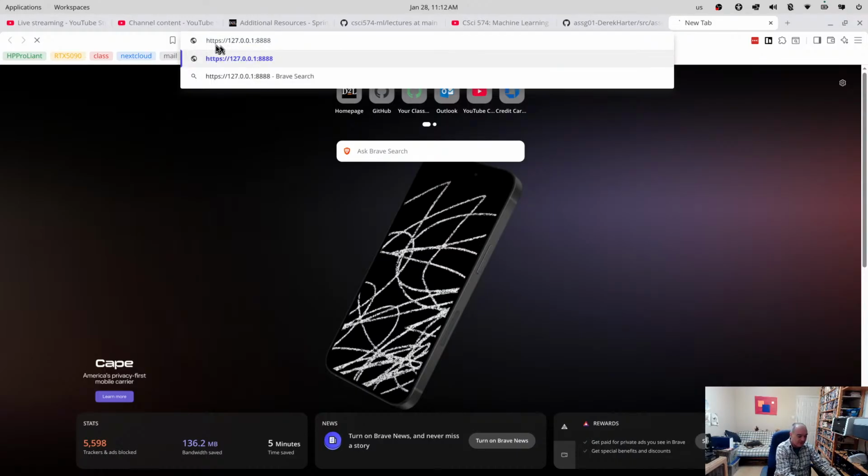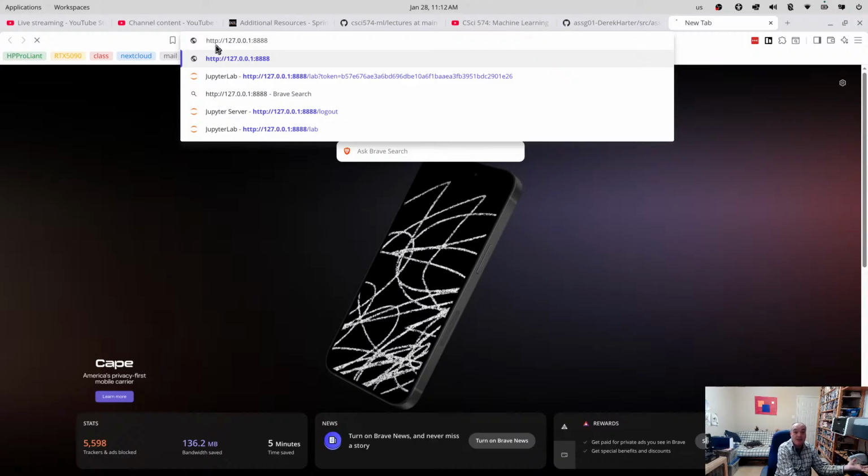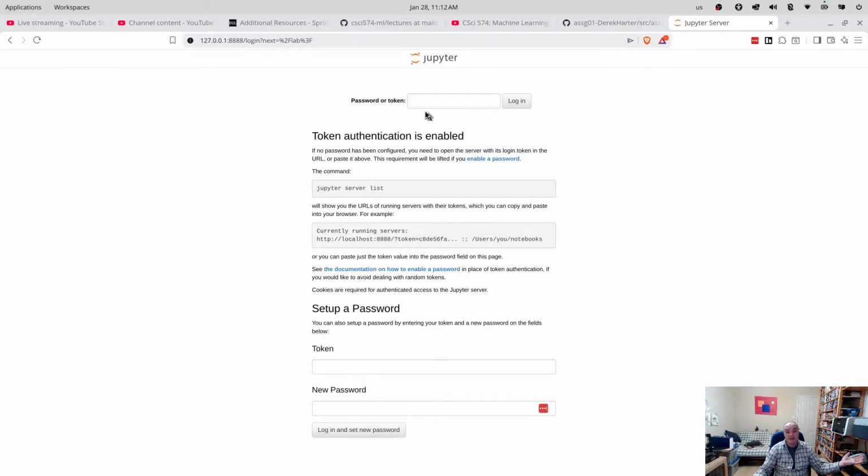That's why I wasn't able to get on when I did it like that. So if we just go to HTTP 127, yeah, if you don't give it that token, the way I've got it set up for assignment 1, you do have to, you can't just copy it and paste in the token,